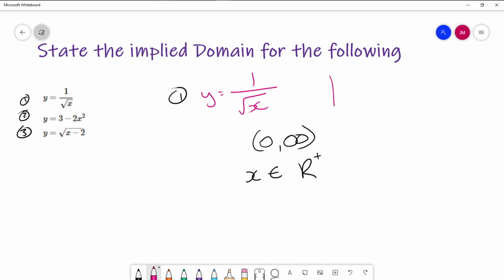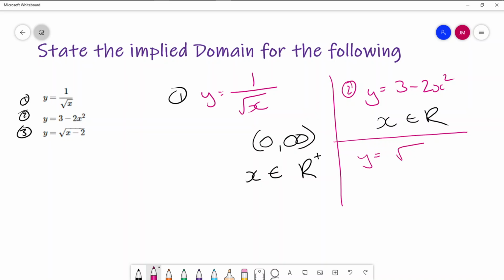If we look at equation 2, we have y equals 3 minus 2x squared. So if I look at the x and ask, what numbers could I sub in here? I can sub in a negative number, and I'm going to get an answer for y. I can sub in a positive, I can sub in 0, I still get an answer. There is nothing that I can sub into x here that will stop me from getting an answer for y. So the implied domain is just all the reals. And lucky last one,